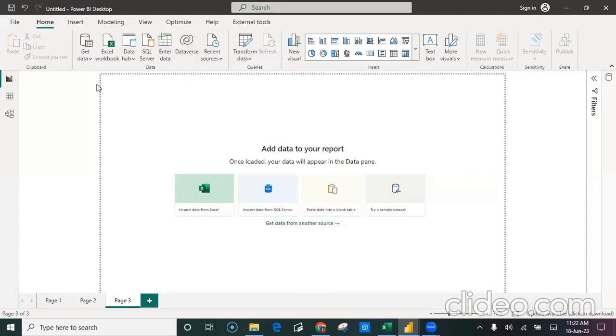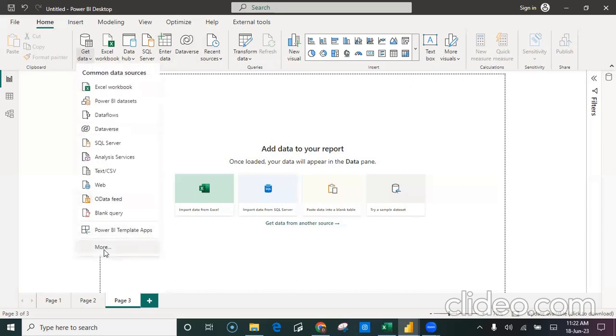So let's move forward. Here is the first task: to get the data. As I click on Get Data and the More option,